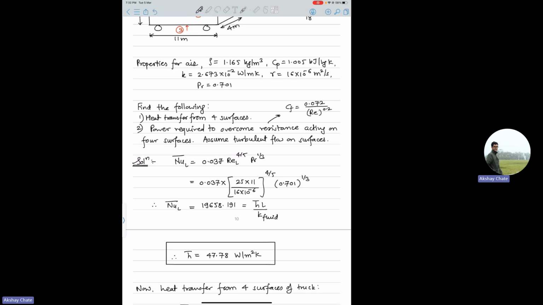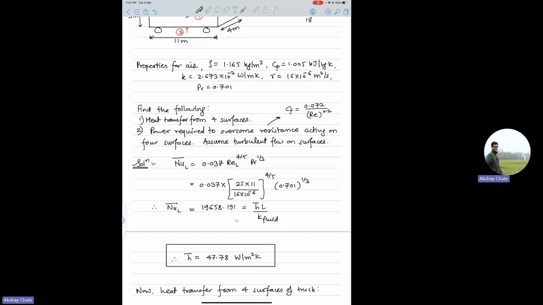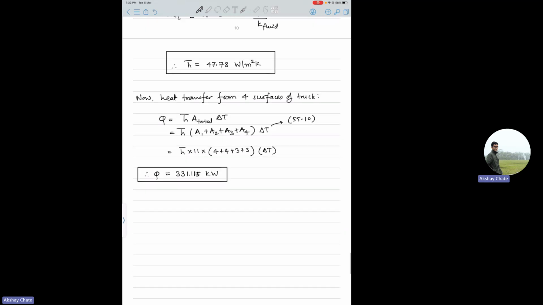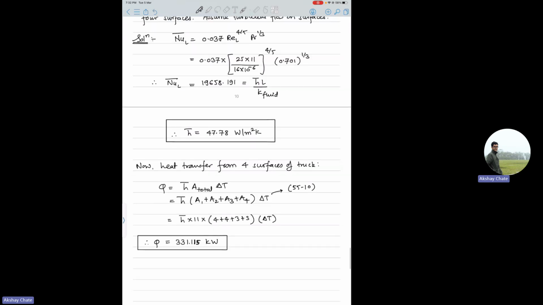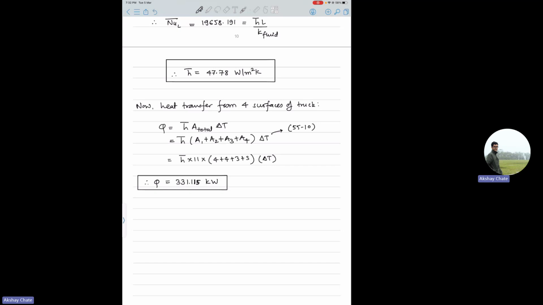The point is not this, okay? The point is, in this type of problems, the method is the same only. If they give correlations, it's well and good, use them. If not, you just calculate the Reynolds number and find laminar, turbulent, whatever it is, and use the correlations. So here it is all turbulent, so we use the turbulent average Nusselt number, and average